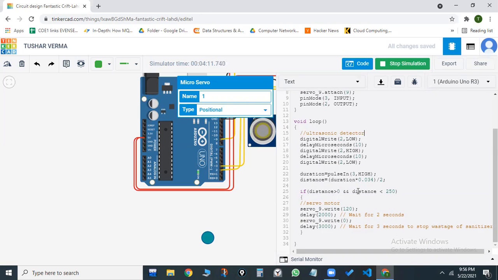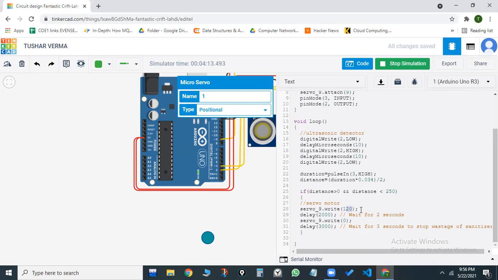If that human hand or any other object is between a range of 0 and 250 centimeters, that is almost 2.5 meters, it directs the servo motor to rotate to an angle of 120 degrees, which in turn pushes the physical piston actuator of a sanitizer bottle, which dispenses the solution.